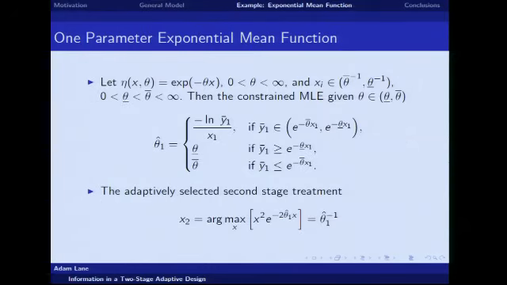Okay. So for our particular example, we took eta to be just a one-parameter exponential mean function. So we've only considered theta here to be on the positive real line, and then the practical consideration is that you have to fix some design interval in practice. Since you have to fix an interval for your design, it makes sense to try and restrict your interval for theta in terms of your MLE. And you kind of have to do this, if I can just put up real quick,